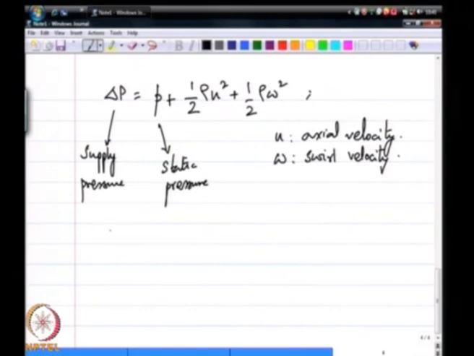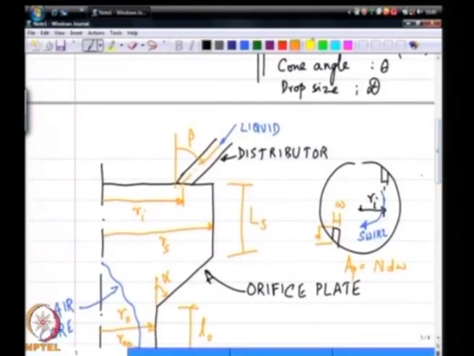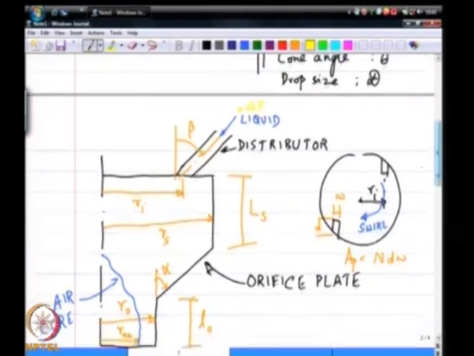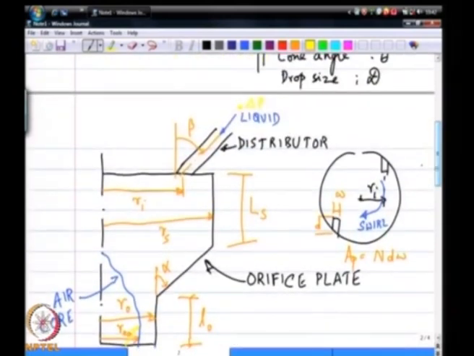I can apply the Bernoulli's equation between the 2 points. If I take a point way upstream here where the pressure is delta P, and if I apply it to a point on the air core here. So, I am applying Bernoulli's equation between this point way upstream of the atomizer where the fluid kinetic energy is very small and basically U and W are 0, and a point just in the liquid, but on the air core periphery. So, if I apply Bernoulli's equation between these 2 points,